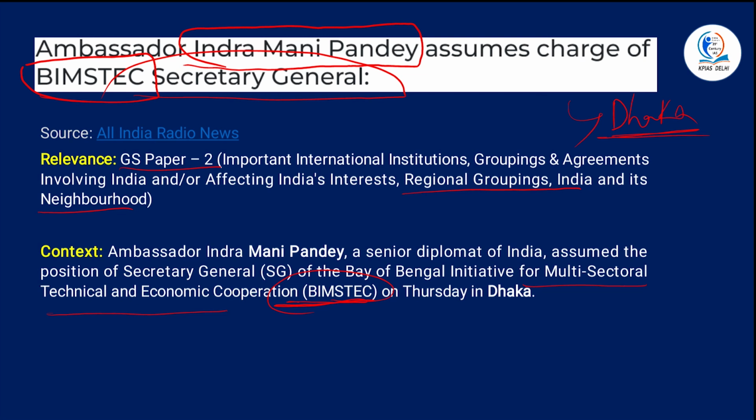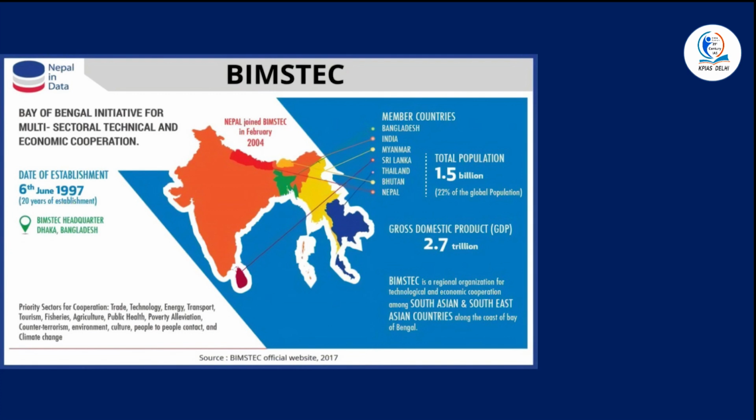If you look at the geographical area of this particular BIMSTEC, it is predominantly confined to the Bay of Bengal region. All the countries which are surrounding this Bay of Bengal region, the littoral and adjacent areas concerning South Asia and Southeast Asia, are members in this grouping. In terms of membership, it consists of 7 countries. One is Bangladesh, second is India, third is Myanmar, fourth is Sri Lanka, fifth is Thailand, sixth is Bhutan and seventh is Nepal. So these are the 7 member countries who are part and parcel of BIMSTEC.